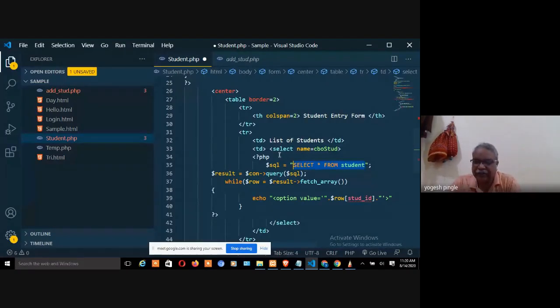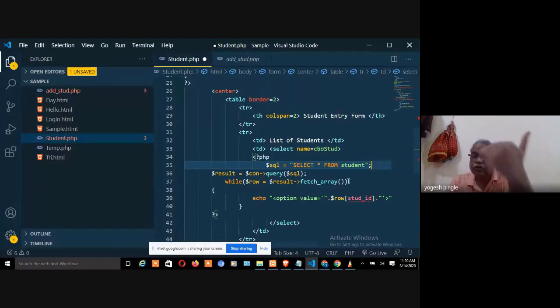If from your side, you're having a problem, please say, sir, stop. Okay, don't worry. So inside a select, you start with the PHP code, right? And now the first thing is you are going to write this query. Query is very simple. Select star from student. Now this is in double quotes, so I have put it like a string, and this is my variable. Fine. Semicolon. Okay.